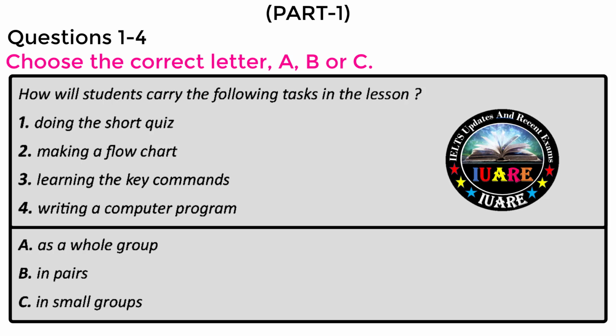Then they use that to write their computer program. Well, actually, I think there's a stage before that. You see, the flow chart will be in English. They're going to need to be taught a few basic commands so they can write their computer program. Now I'm getting out of my depth. What kind of thing would that be? Well, for example, when you want text to appear on the screen, the command is print in capital letters, followed by the text you want to appear in double inverted commas. Oh yes, I think I've seen that before. Right. So they'll need to be taught 5 or 6 commands before they use them to write their program.